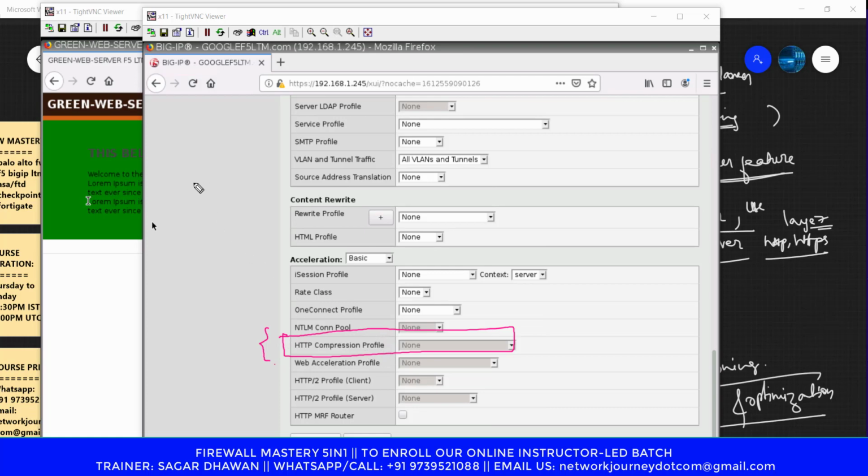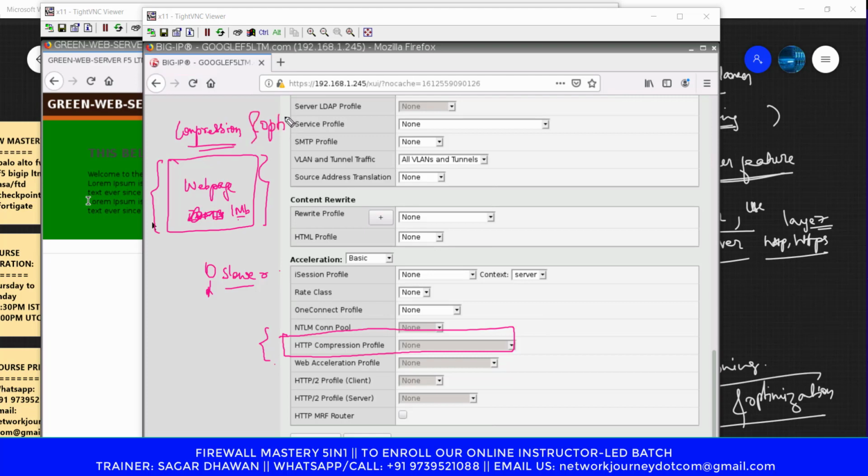So these are very important. Let's say your web page consists of 20 MB file size, and when the user is on a slower network, this web page will not load, right? So you need some compression protocol or mechanism which will compress the web page to, let's say, 1 MB, but also not lose the properties. So you need compression and optimization.